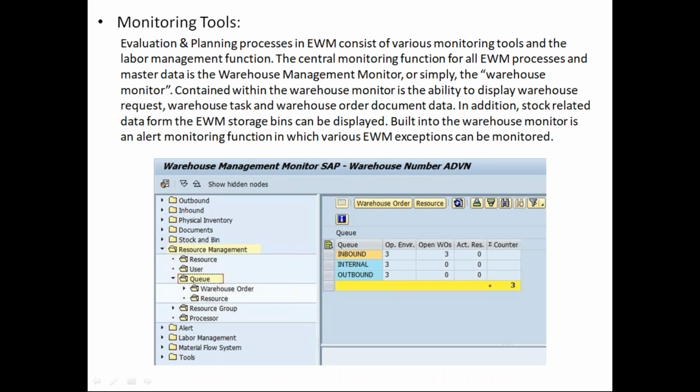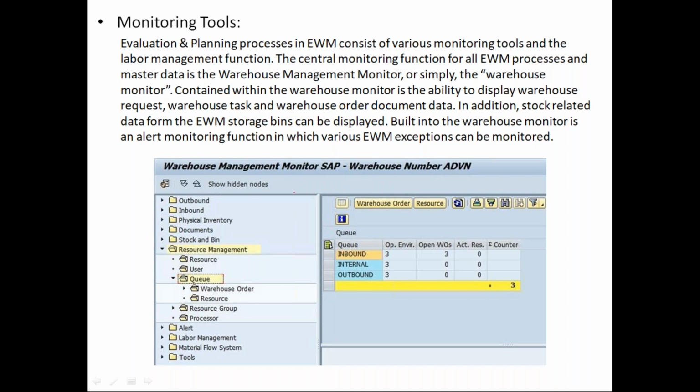In WM also we have a monitor, but we don't have this many functionalities. It just shows how many transfer orders are open, that's all. For example, in WM, if you want to check stock, you have to go to LS24 or LS26. If you want to check open transfer orders, you go to another transaction. If you want to check empty bins, you go to, let's say, LX03. So there are different transactions for each and everything. But in EWM, within a single transaction, there are different folders, and you can go to different folders and find out the stock.